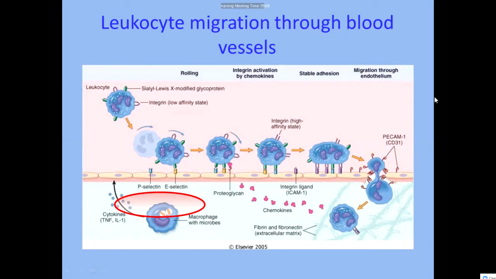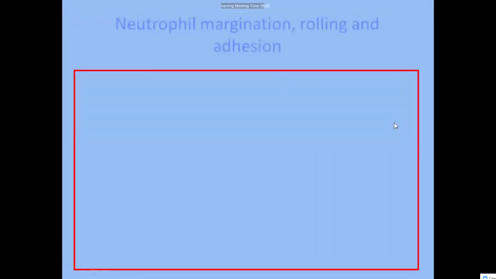The PECAM molecule, situated over the CD31, cluster of differentiation 31, of the neutrophil, will get activated, and the rebellious forces will cause endothelial contraction. The endothelium contracts, the gap opens, and the neutrophil will escape to the site of injury. This process is called diapedesis in leukocyte migration. Okay.